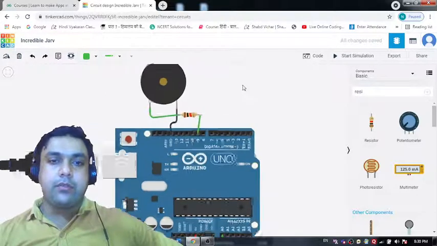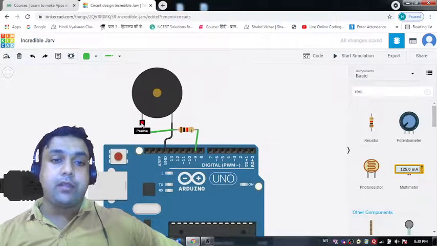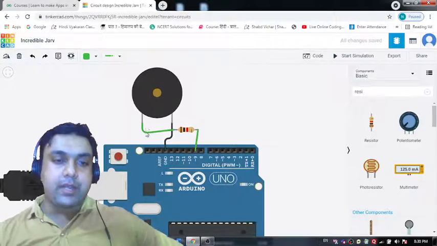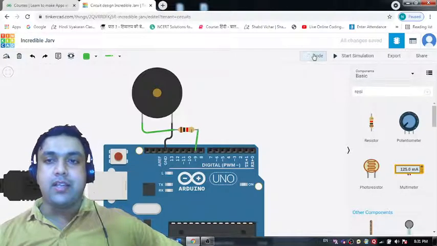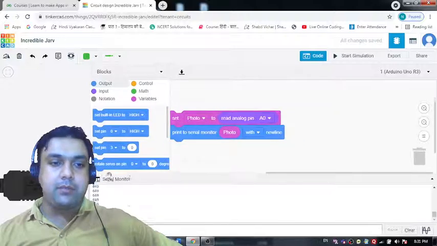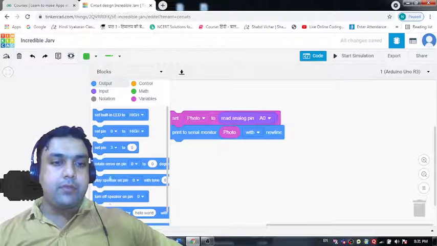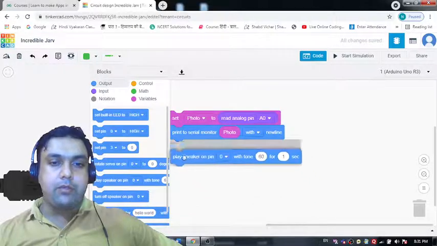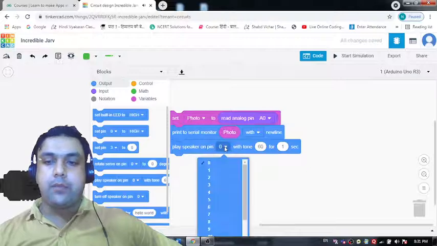So first of all, before defining the code, we need to see to which pin we have connected the positive terminal of this piezo. So we have connected this positive terminal with pin number 9, D9 of the Arduino Uno R3 board. Let's come to this coding section now. Okay, I am going to hide this serial monitor. Fine. So from here we can simply make use of this play speaker on pin block, and from this we need to